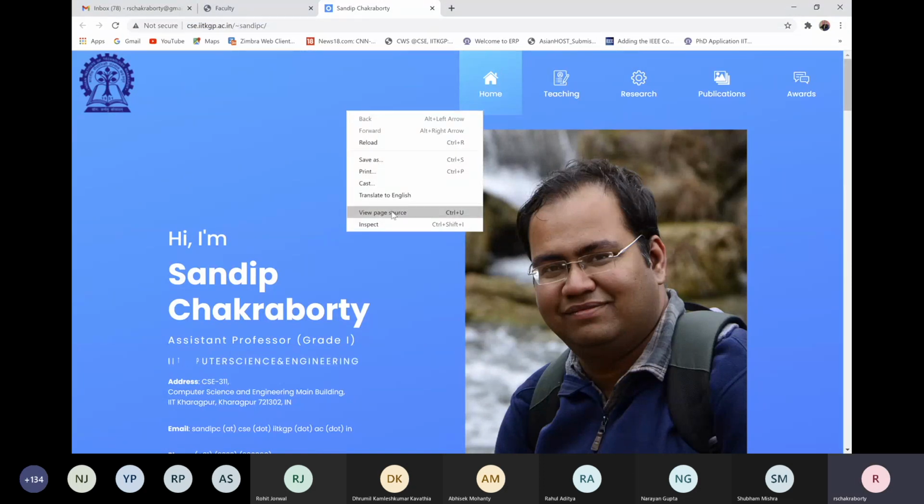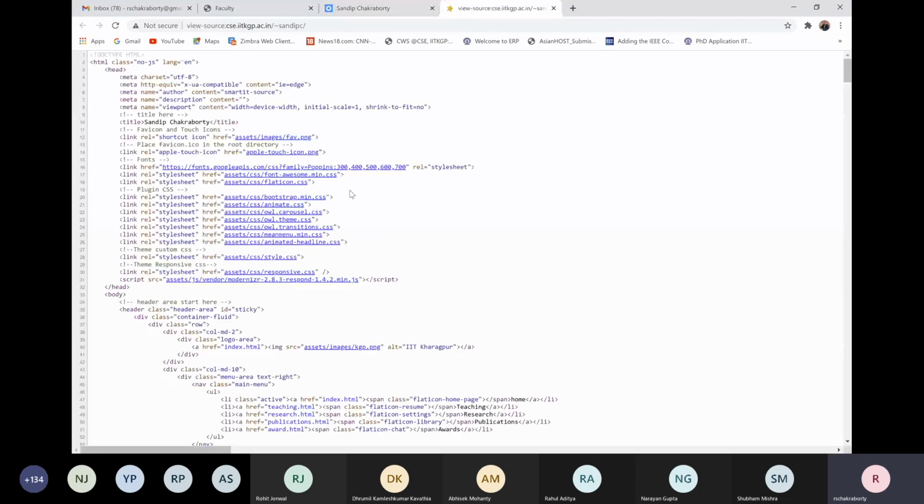There is something called view page source. I right click on this and it shows the view page source. There are many images, assets/images/fav.png, apple-touch-icon.png.